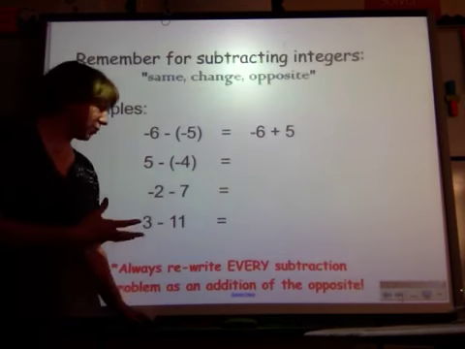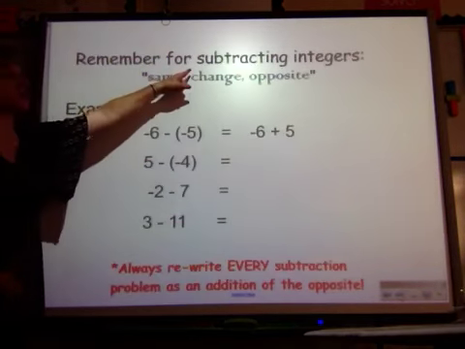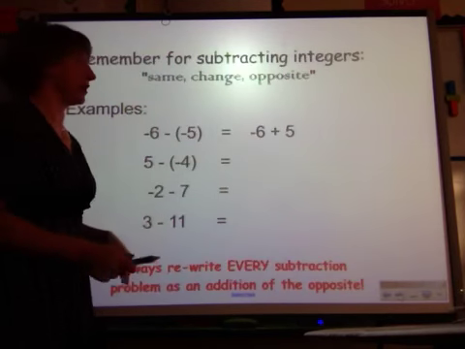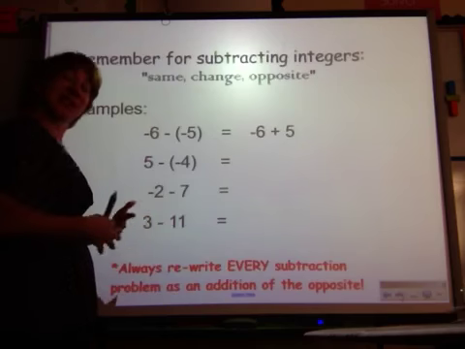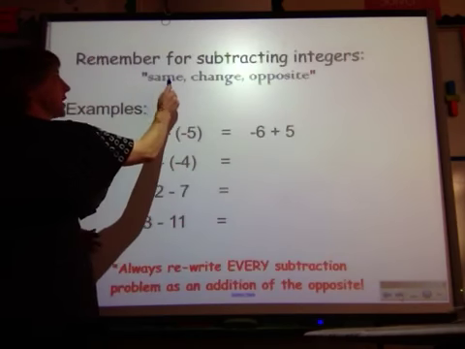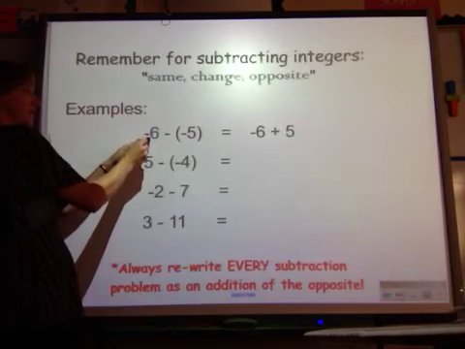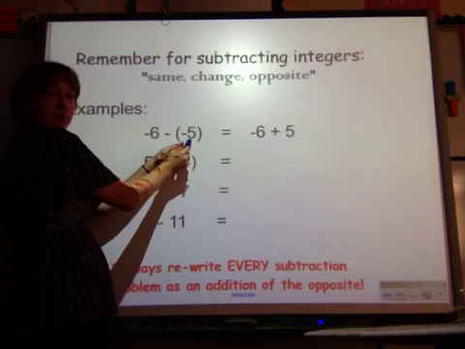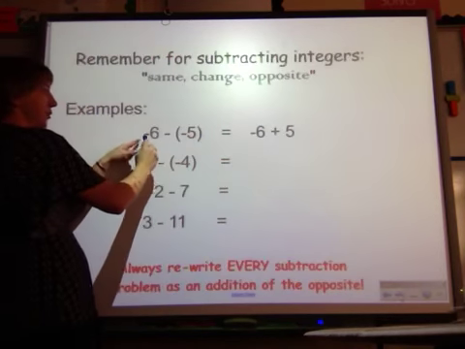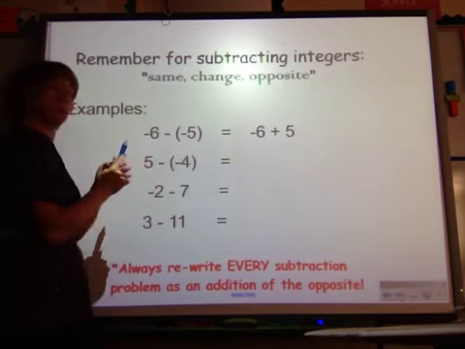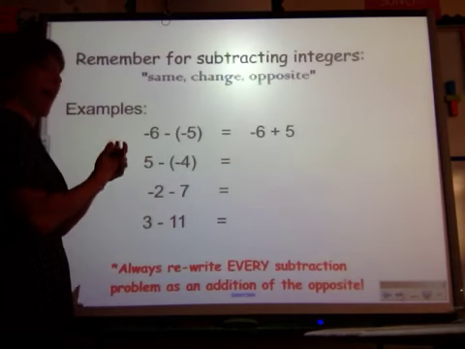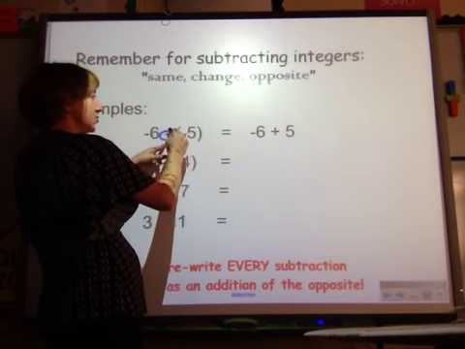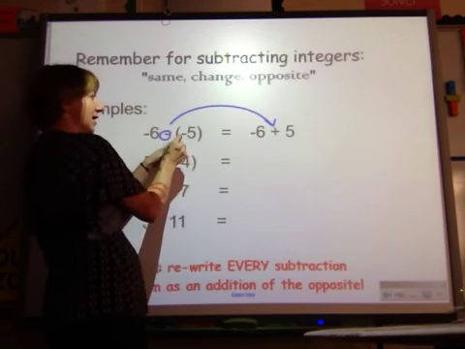Okay, so let's practice this. Let's review a little bit. Instead of saying subtraction is takeaway, we're now going to say subtraction is adding the opposite. So when I'm working problems, something I can say to myself to help me remember that is same, change, opposite. I keep the first number the same, I change the subtract to add, and then I use the opposite of the next number. So the first example I've done for you, negative 6 subtract negative 5. This is no longer going to be takeaway. This is going to be adding the opposite. So I keep the negative 6 the same. I change the subtraction to addition. And then I take the opposite of negative